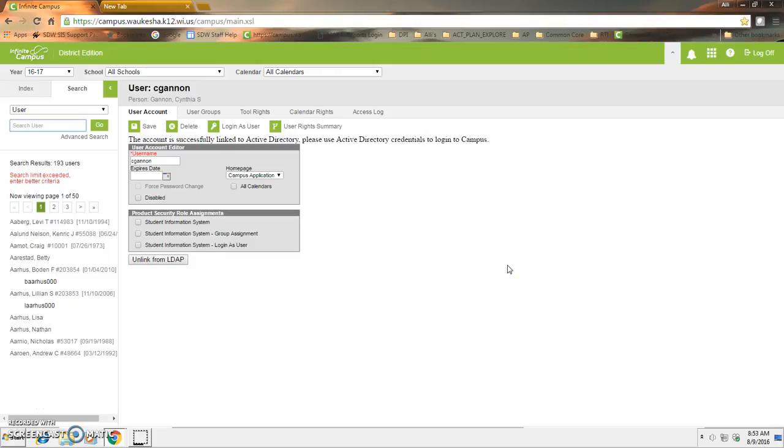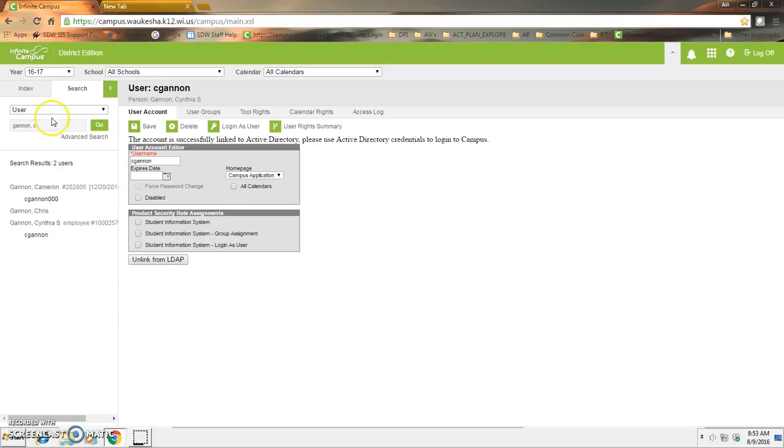Resetting usernames and passwords, as well as creating users for the School District of Waukesha. Those of you with permissions to reset passwords, look up usernames, and create users will now see a new search item called User available to you under your search functions. You can search for a particular person,